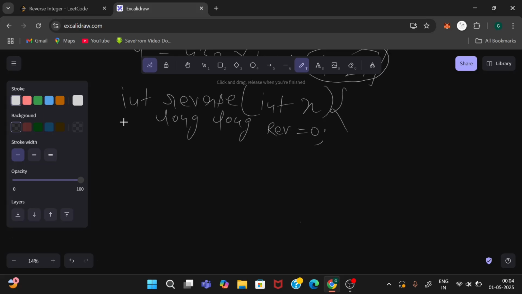What we are going to do is use a while loop. While x is not equal to 0, we will take another integer, let's say digit.